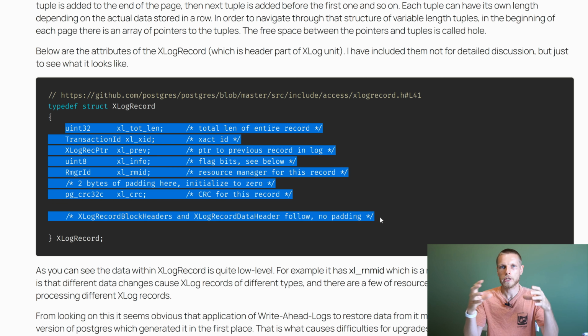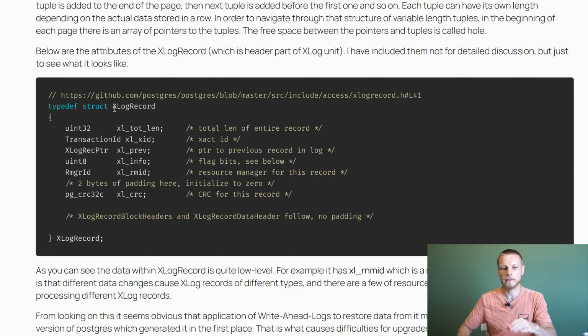Because if we change the leader but not the follower, it's very, very likely that some of those low-level parameters will not fit together and something will be broken. I have provided this data not to have a deep discussion about internal implementation. I just want to show a minimal amount of data to explain the root cause of the problem and why